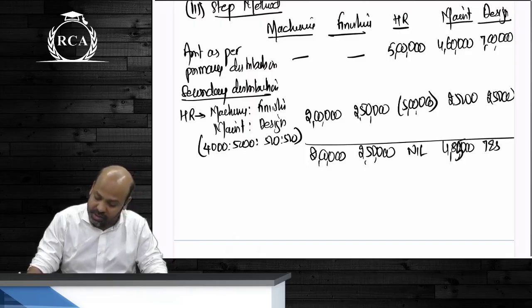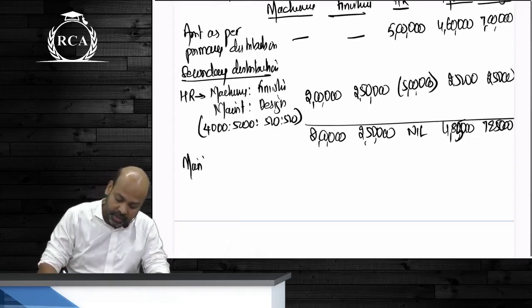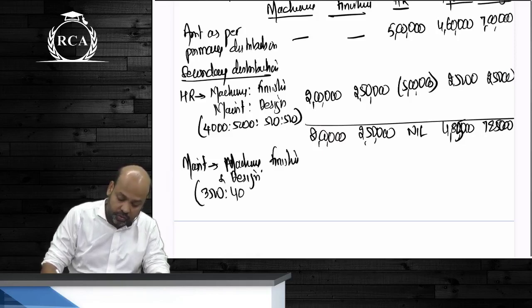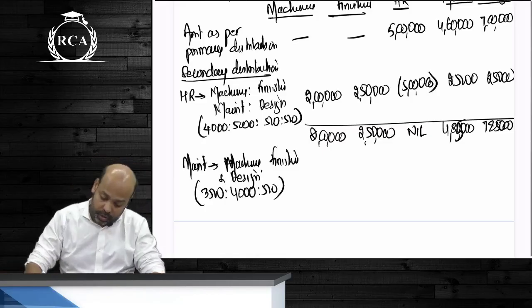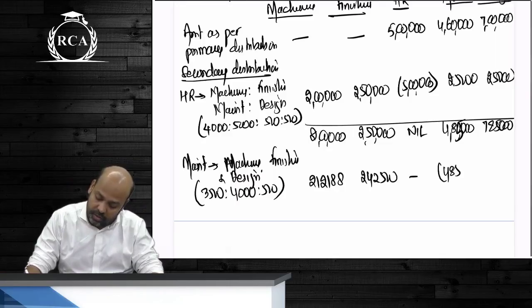85,000 and 7 lakh 25,000. Then beta maintenance will be reapportioned to machining, finishing and design. The ratio would be 3,500 is to 4,000 is to 500. 2 lakh 188, 42,500 guys, or